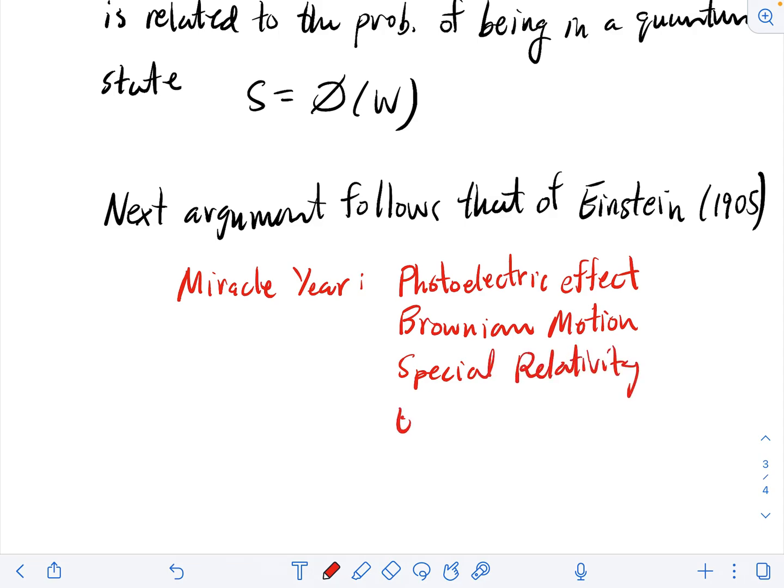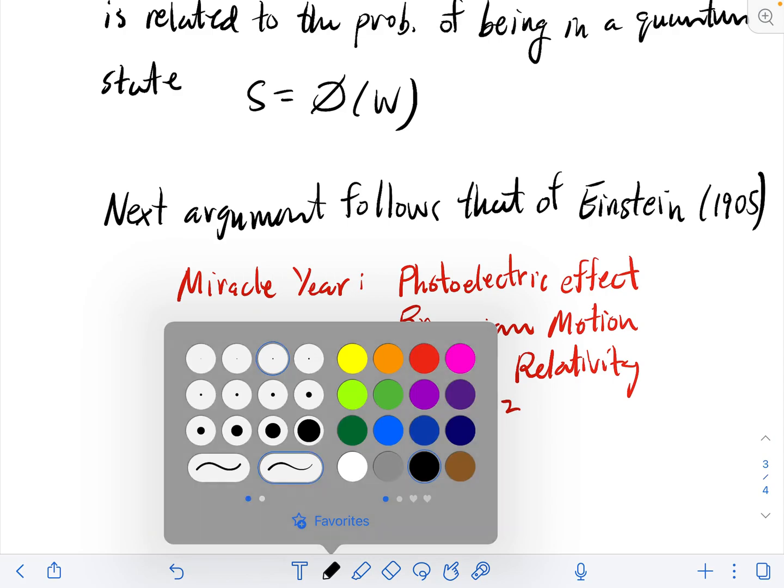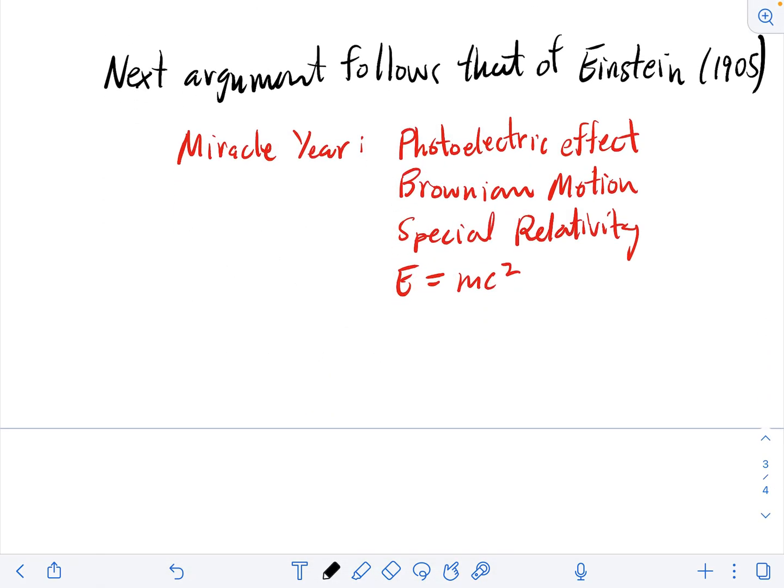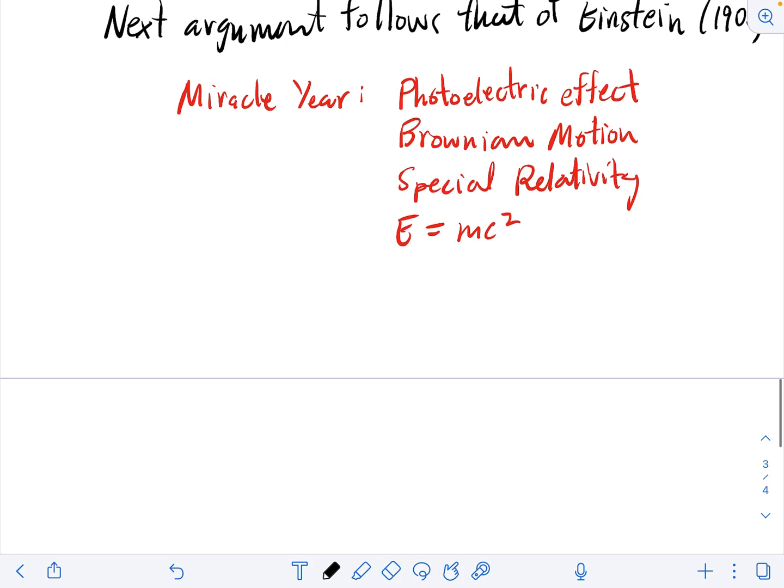And the other one was this link between energy and matter. And in addition to all of that, if I'm correct about the year, he also had time to present the following argument, which was not even part of what's known as his miracle year. Anyways,